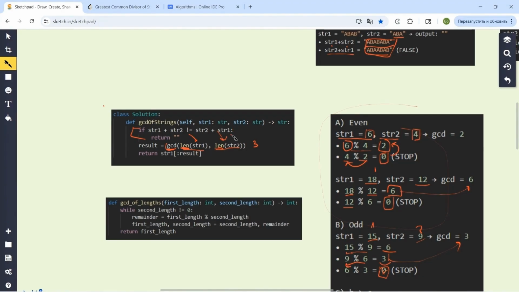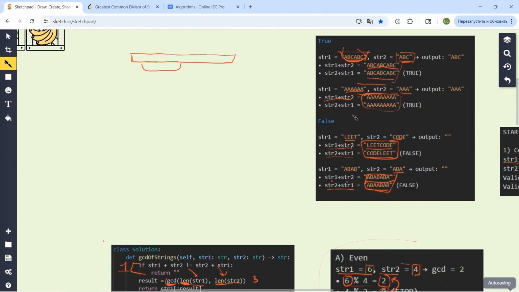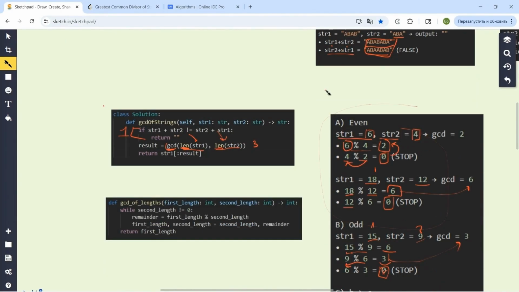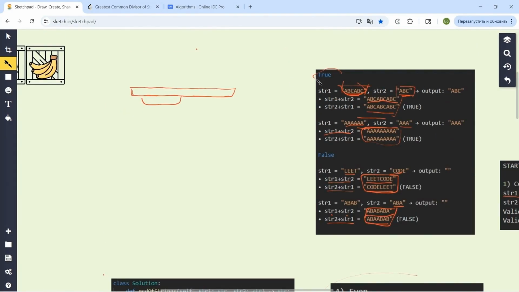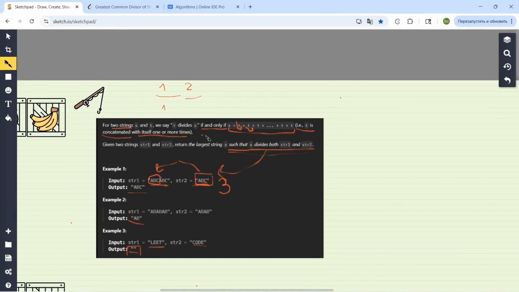Let's see what we've come to. At the first stage, we checked whether our strings were valid or invalid. We did this using some kind of logical manipulation, logical operations. And then, once we realized that our strings were valid and we could work with them further, we found the length of the common pattern, specifically the length of the common pattern and the common pattern itself, which we need to return. You see, we need to return the longest string itself. We haven't found the common pattern yet. We only know that the length of this pattern will be essentially a certain number,